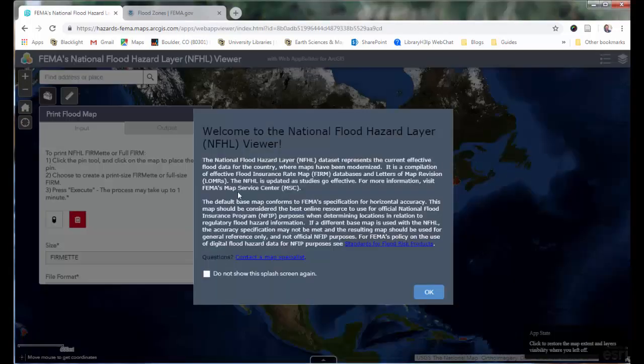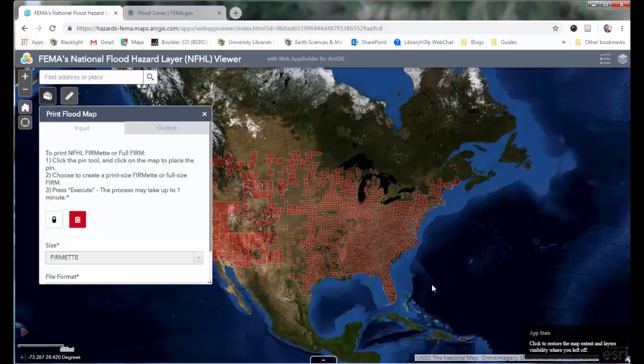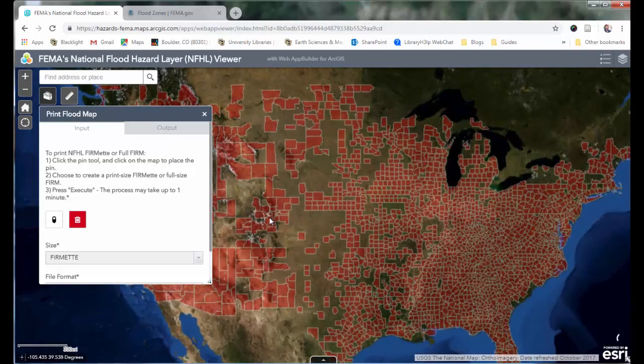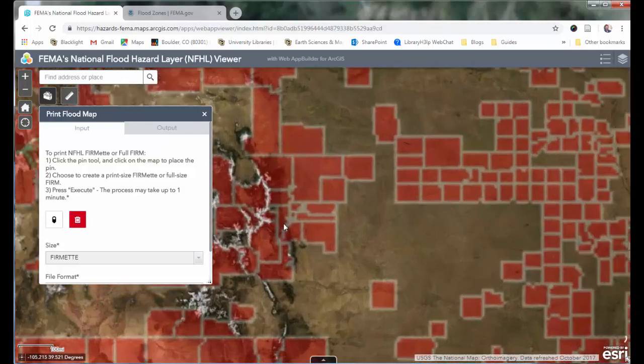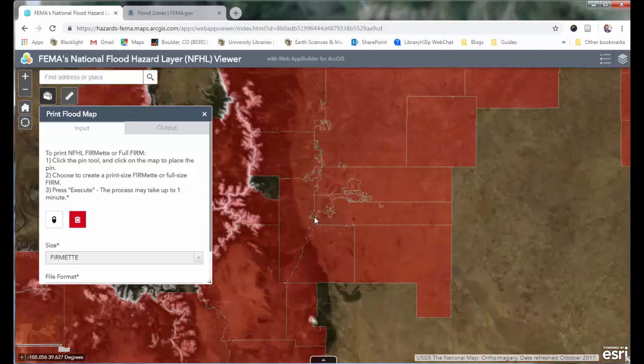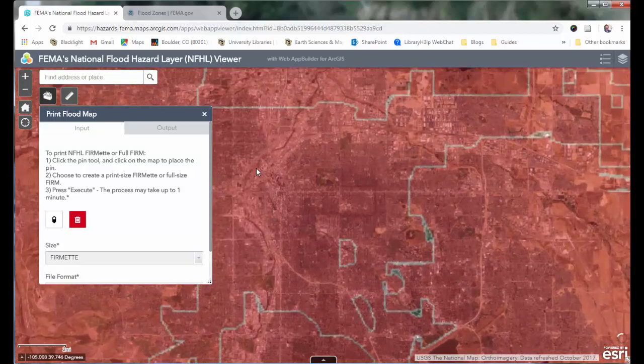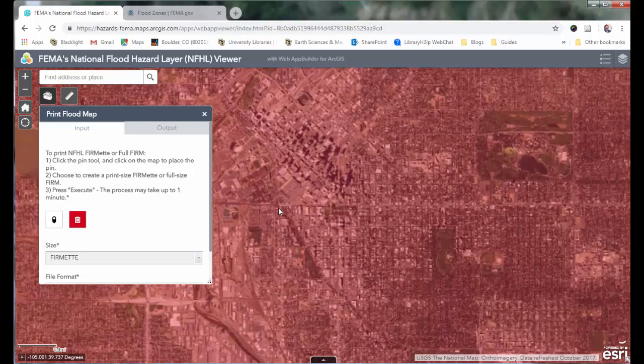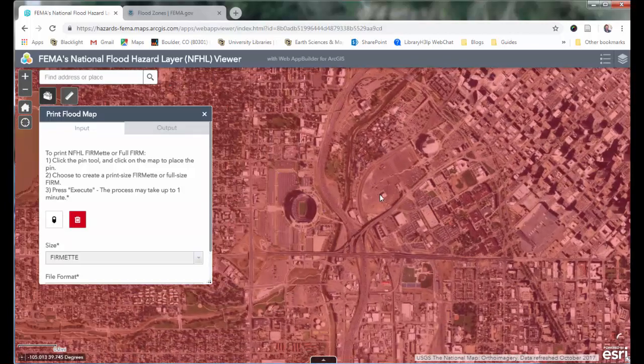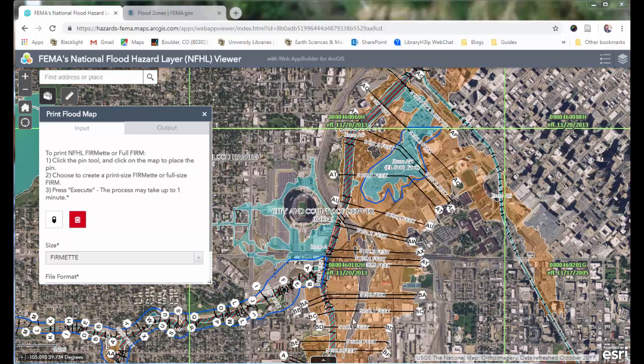And when the page loads, they give you this splash screen. We can close that out, and you can see all these red areas here. They're lined up. These are the areas that FEMA has data for. And we'll just go ahead and zoom in on our area of interest. In this case, I'm going to zoom in on Denver. And as you zoom in, it will eventually change views and you'll be able to actually view some of the